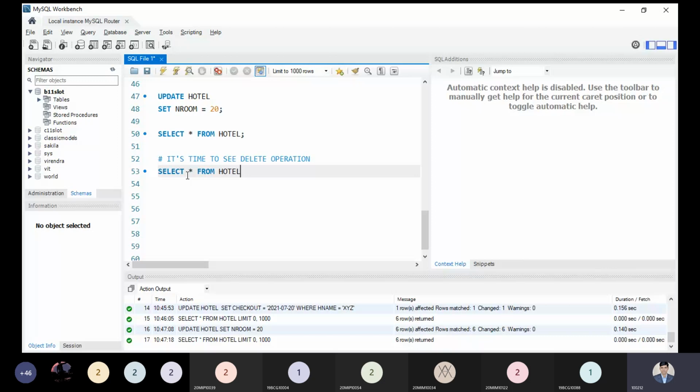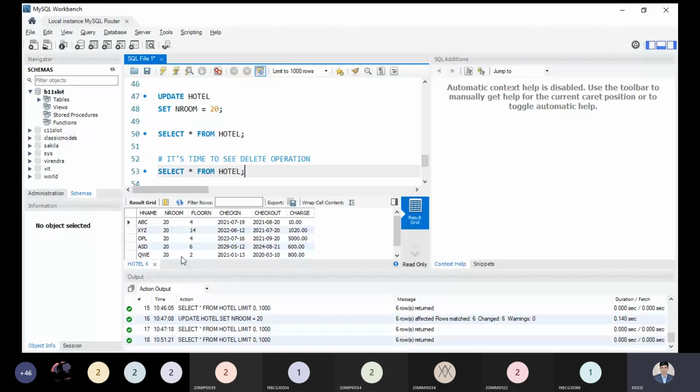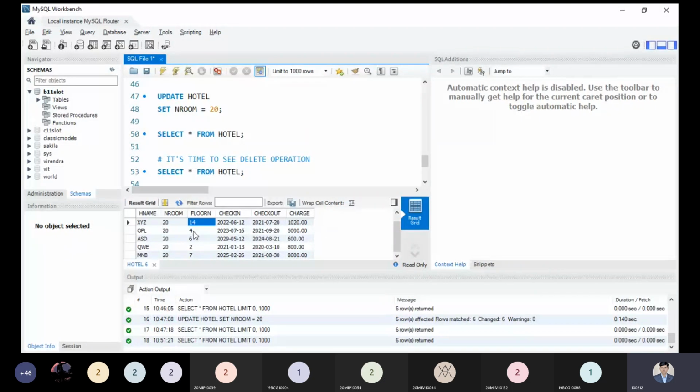You will be able to see, sir, there is one hotel which has floor number 14. But in the city there's no permission. You can't construct a hotel with more than 10 floors. So this record is not applicable over here, so we can delete the full record. So it is a better idea to see how we can delete.